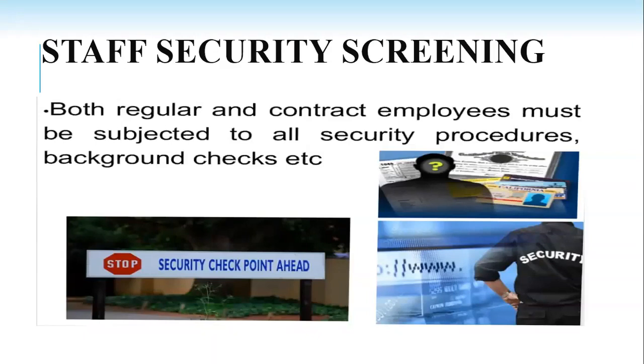The background verification can be employment history, educational status, and other things that are mentioned in the CV by an employee. And a service provider has to publish its guidelines, rules, or policies to both the employees, and a report has to be generated for the employees once the background verification is accomplished. This screening will establish the trust between user and a service provider.